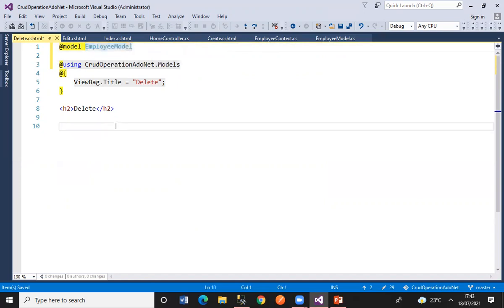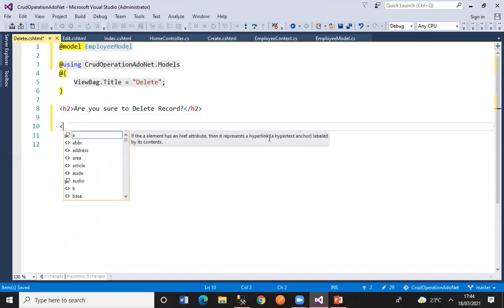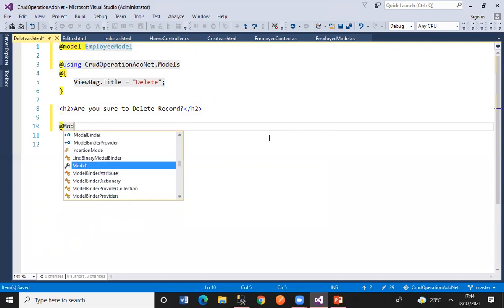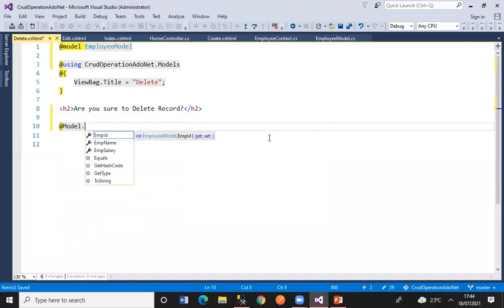So this is how you are importing it, and here you're telling the model that you are having this type of information. Now let me ask the user, are you sure to delete a record? Let me have a question mark here, and after that let me directly take at the rate of model dot empid.